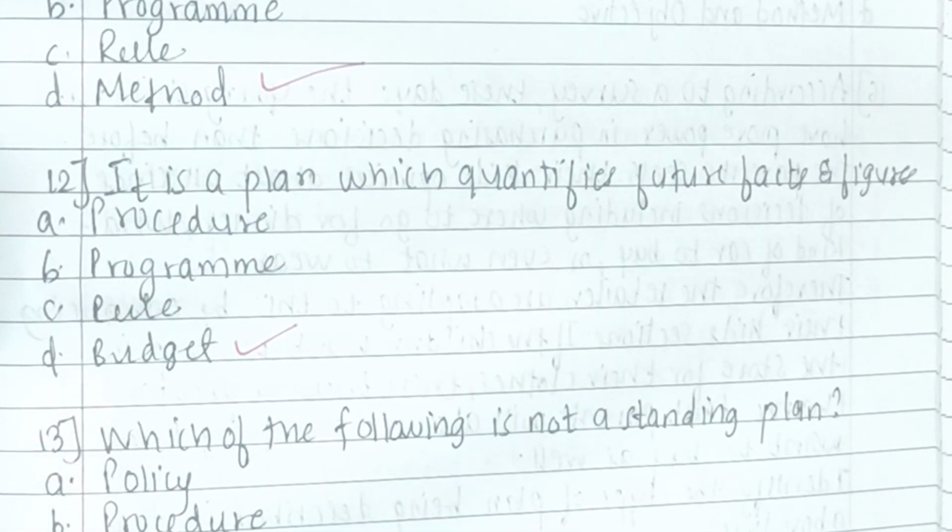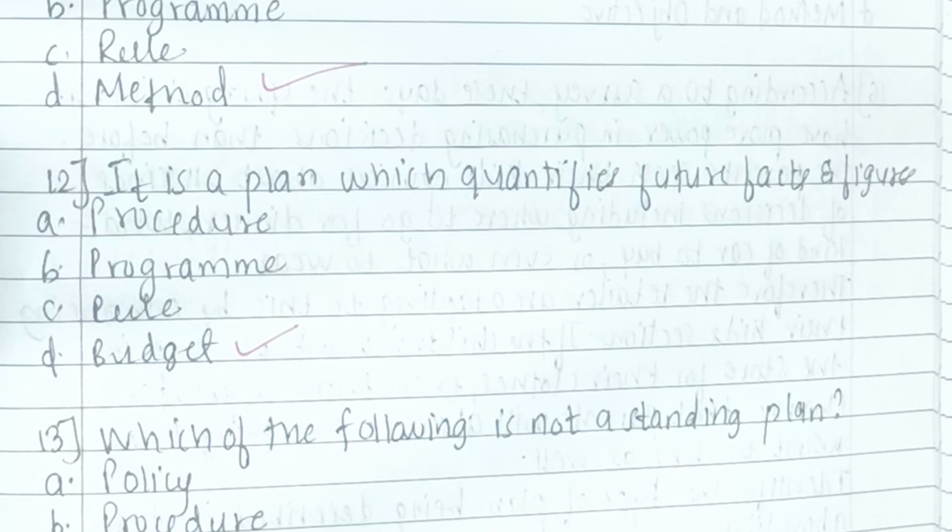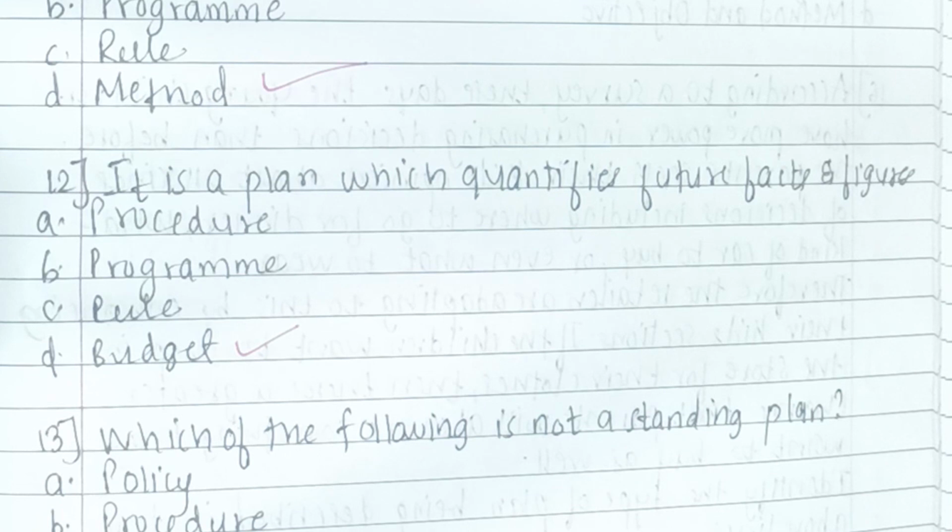Okay. Now since budget represents all items in numbers, whenever it comes to budget, it becomes very easy to compare actual figures with the expected figures. Okay. So there may be a difference or there may be a variation between what you had planned and what actually took place. So here it is a lot easier to take corrective action subsequently. So you can see that budget is like a control device from which deviations can be taken care of. So therefore here the right answer is budget.